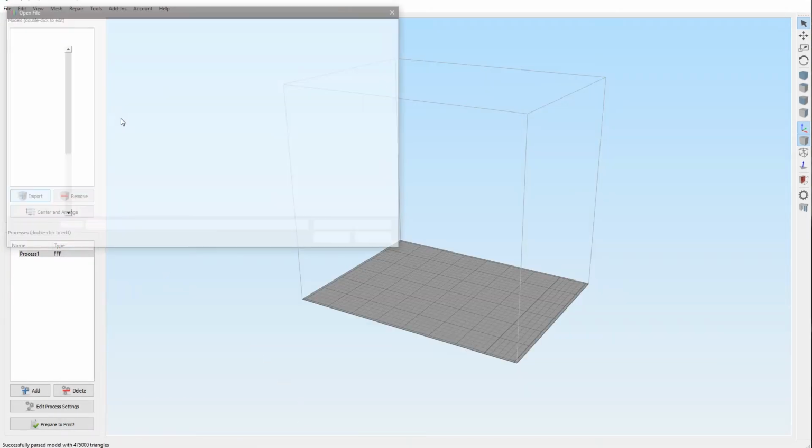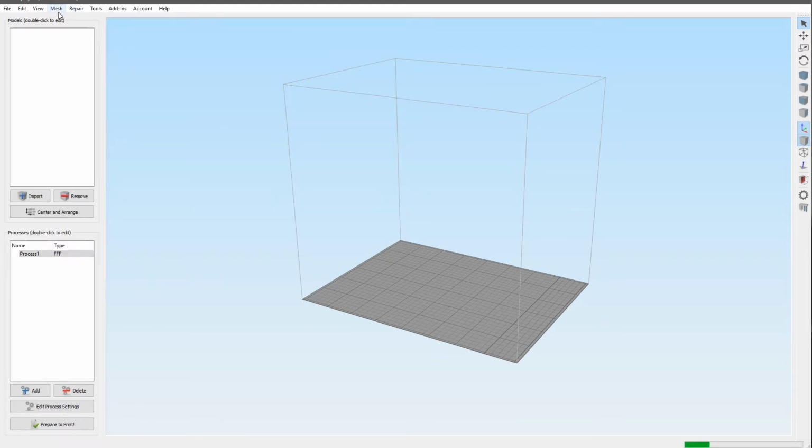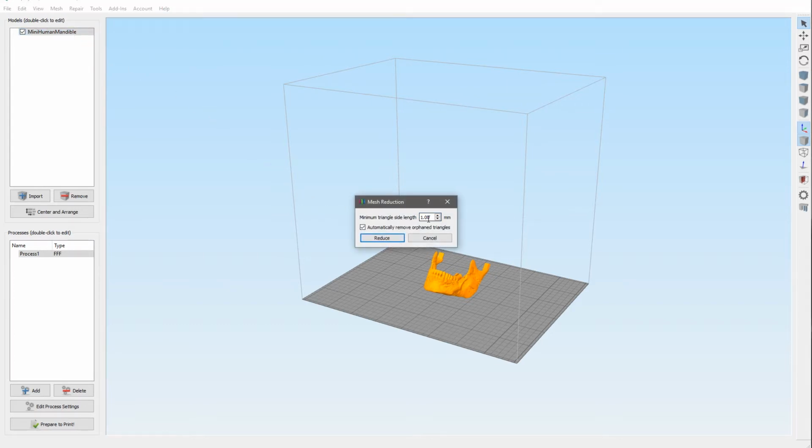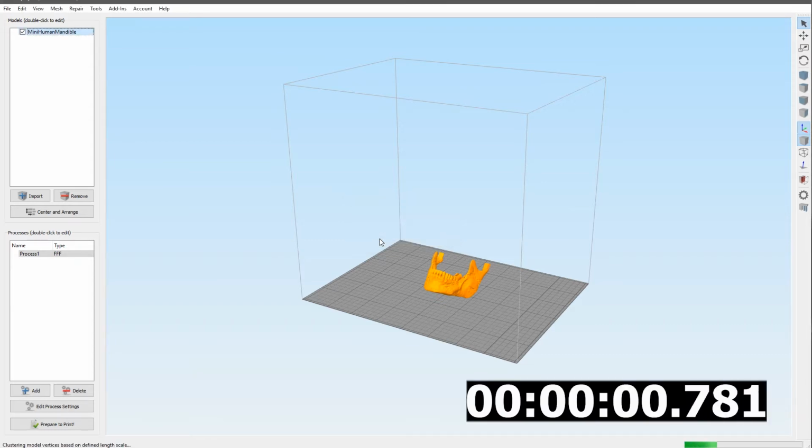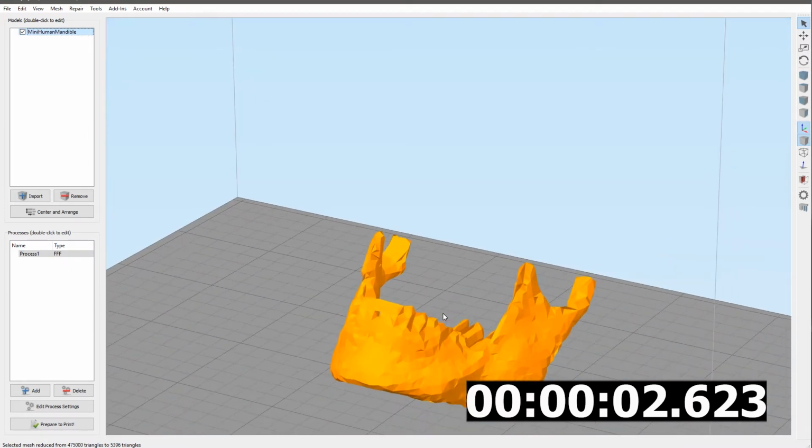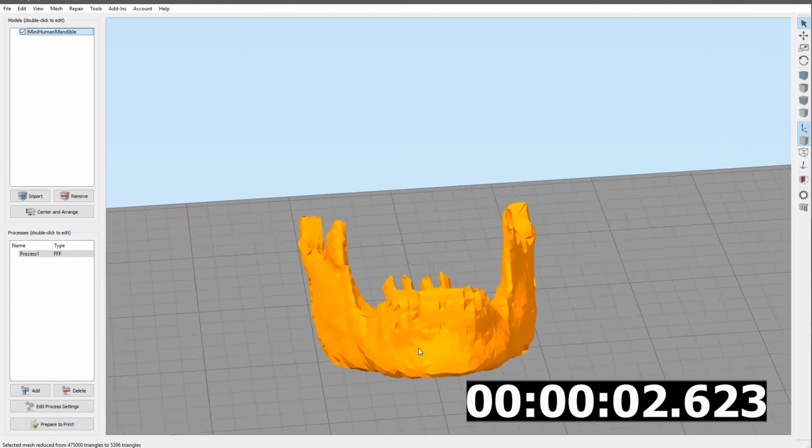So let's import the same model like so. Let's do exactly the same exercise. Let's do a mesh reduction with 2 mil maximum triangle length and click the reduce button. Bosh, there you go. As you can see, it was much faster in version 4 than version 3, and I